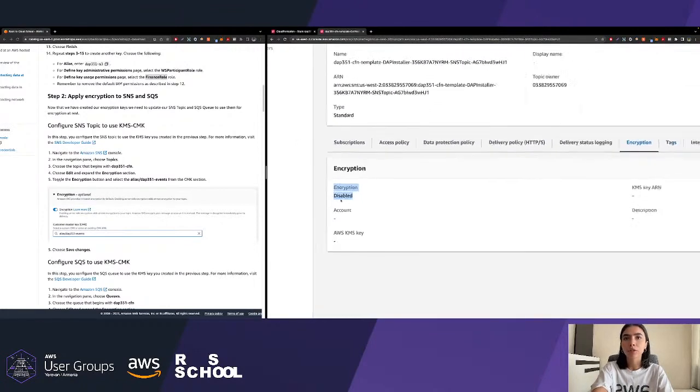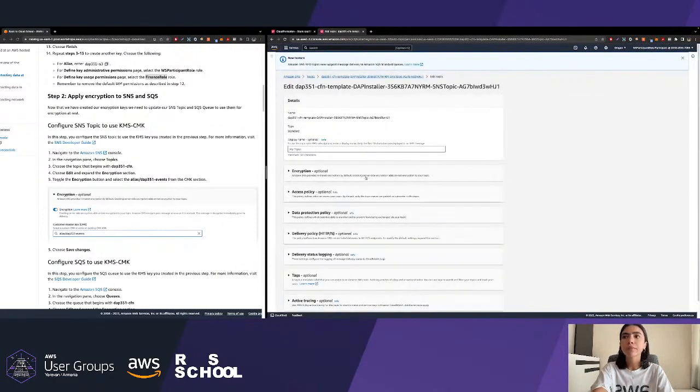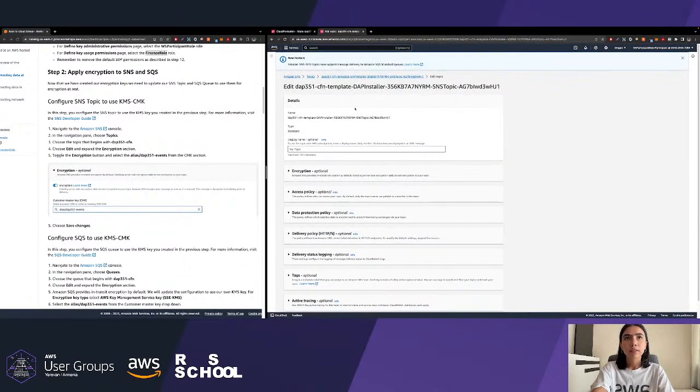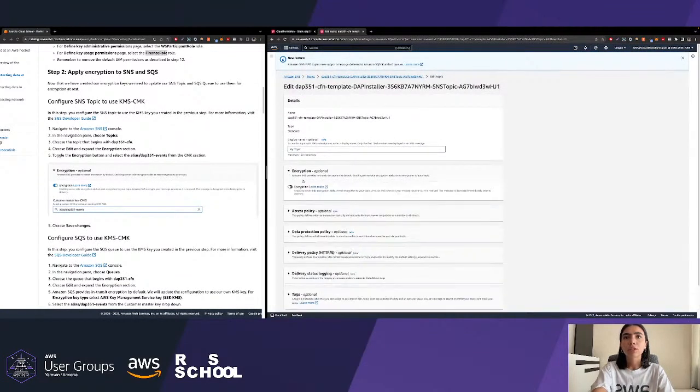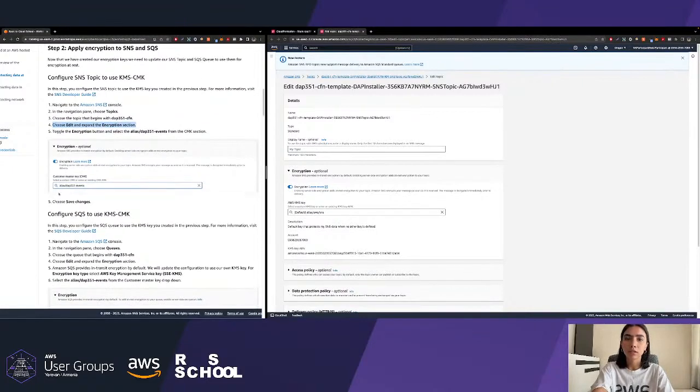Okay, there is no encryption in place. So we are going to edit this thing. Hit the edit button, scroll to the encryption, and enable it, as mentioned in the documentation of the workshop.